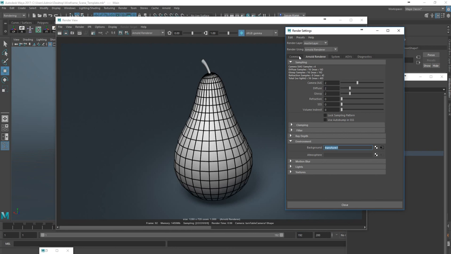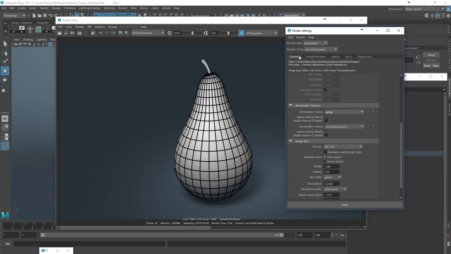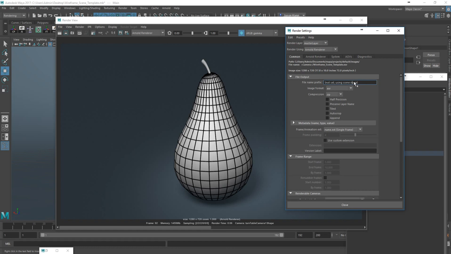Okay, so with that, now we need to render out our turntable. So I'm going to come to my Common tab, and let's go ahead and give this a name. We'll call it something like pair underscore turntable underscore wireframe. All right. My image format will stay at,